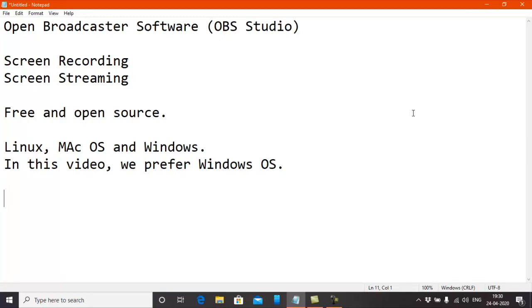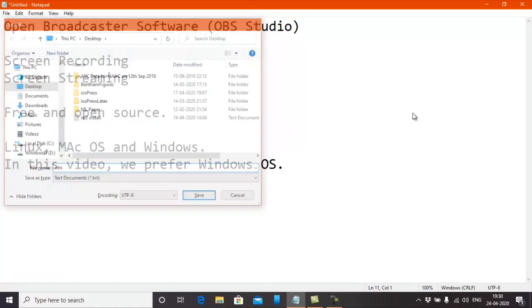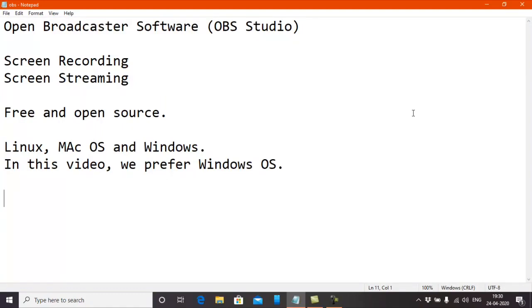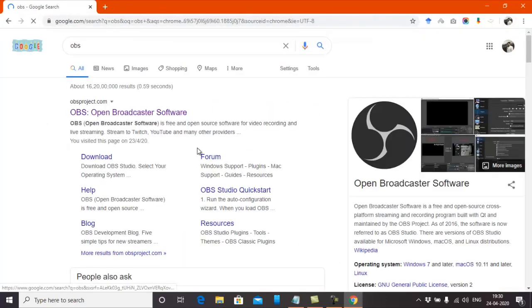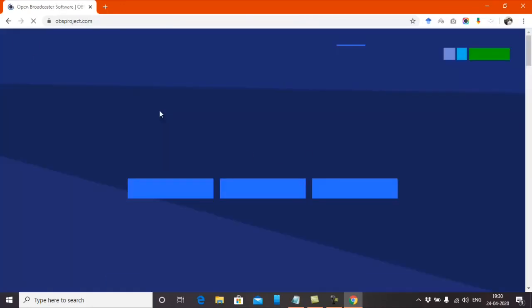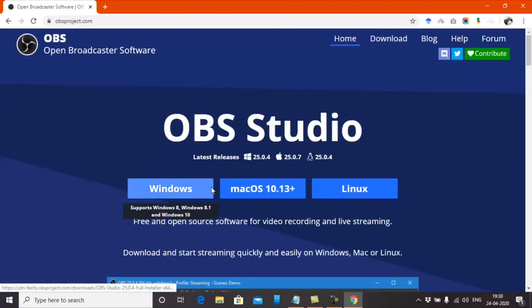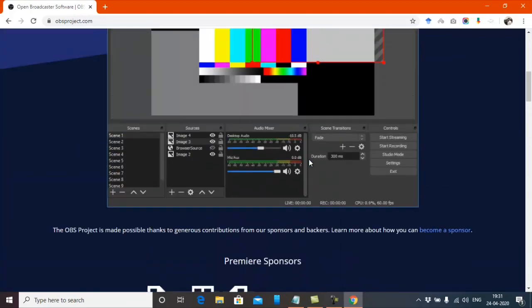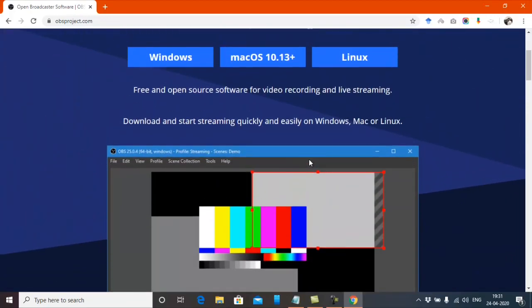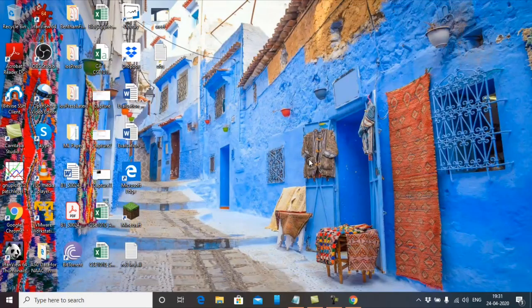Okay, now over to the software. So now what we do is I'll just open the software. So before that, let me go to the website. Just search OBS. Once you search OBS, you can see Open Broadcaster Software. Just click this link. You will get it for Windows, for Mac OS, and for Linux. So it is completely free. In case you want to help them, you can simply give a donation. Only for that purpose, this software is solving most of the issues. And now we'll go to OBS Studio. So you can see I've already installed this.